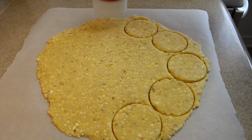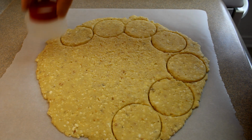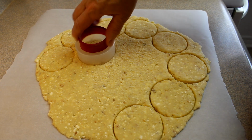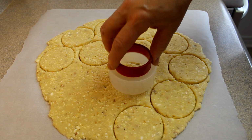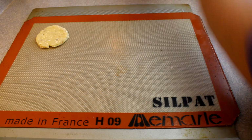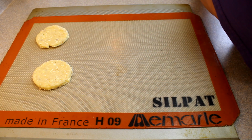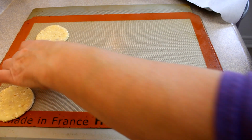Now this dough is soft and it's sticky, so if you try to lift those little circles up the way they are right now, they're going to break. So what I suggest is you put this on a cookie sheet and put the whole thing into the fridge or the freezer for about 1/2 hour or so, and that'll cause that dough to get very firm and it'll be super easy to pop out those little cookie rounds, as you can see here. Super easy to handle. And then you'll take the scraps that you didn't use and just re-roll them